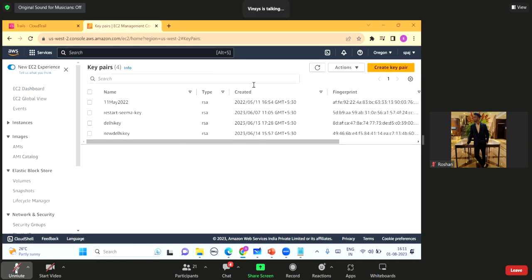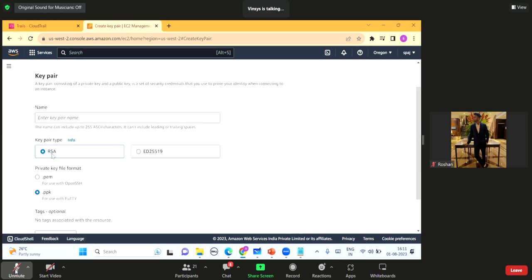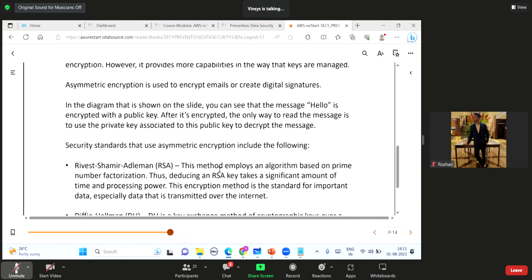Okay, key pair. If I want to create a key pair, see, there comes RSA. This is Rivest, Shamir, Adleman, the names of the three people who created this algorithm. We also have the option ED25519, but RSA is the algorithm we are using in our AWS.